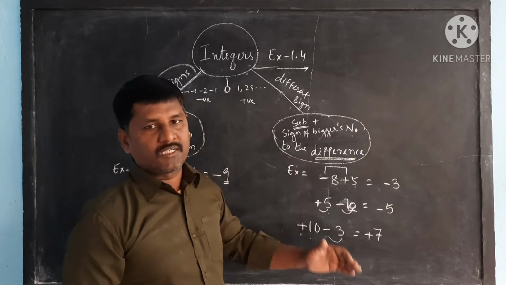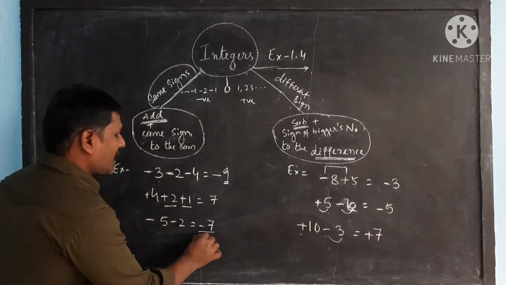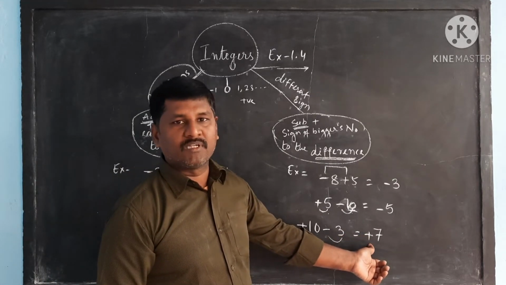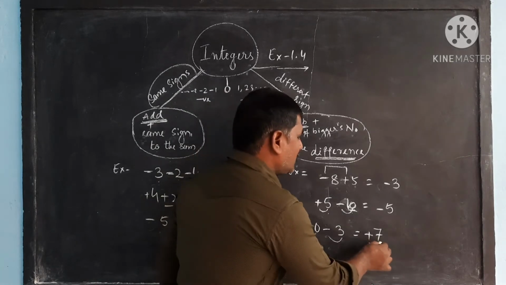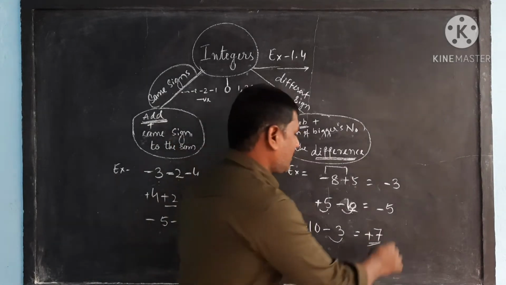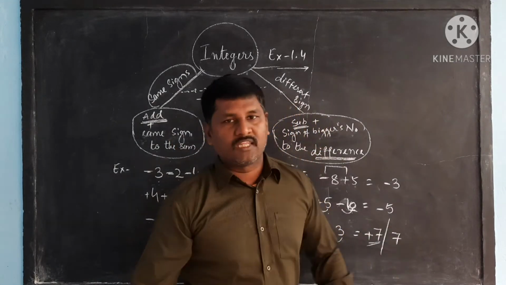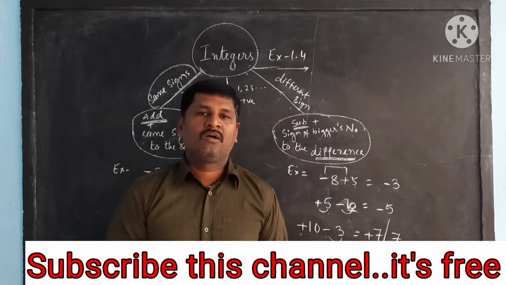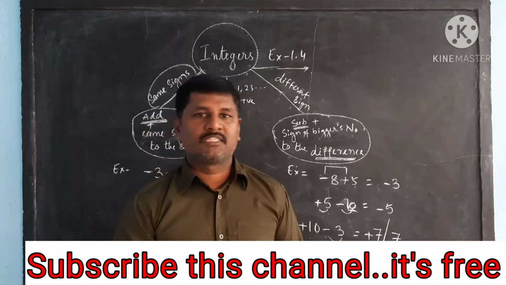Plus means either you can write it or you can't. If a number is negative, with a minus, you must write it. But for a number without a negative, only a plus number, the choice is yours. Either you write plus 7 or simply write 7. The choice is yours. This is the way you can do all the sums of addition and subtraction using integers.